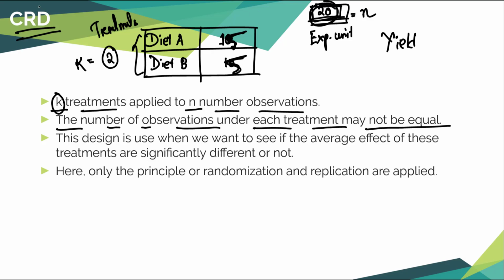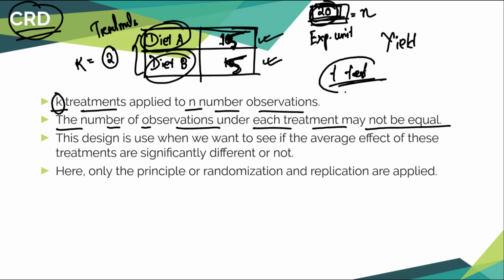So what is the purpose of CRD? When we use CRD, suppose you want to see whether the average gain by diet A and average gain by diet B are different or the same, right? Now in case of 2 groups, if you want to see whether the averages of diet A and diet B are significantly different, you may ask why we are going for CRD, when we have another way, that is t-test, right? So when you compare 2 groups, you can use t-test.